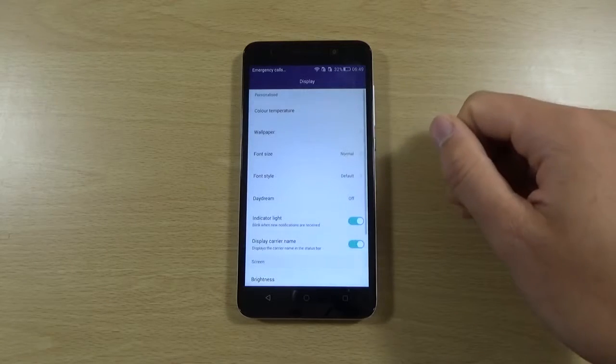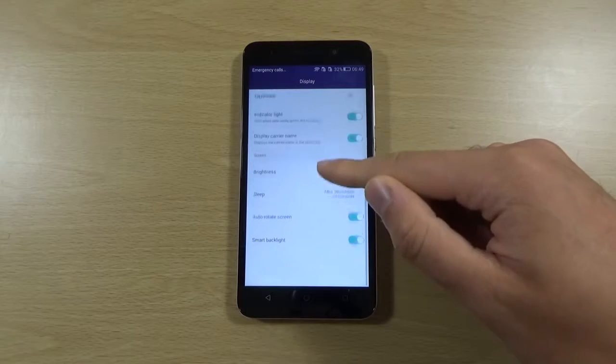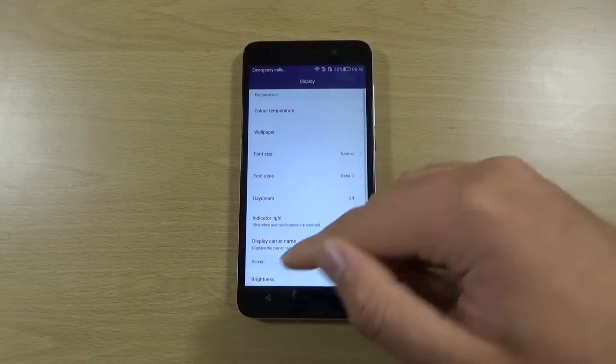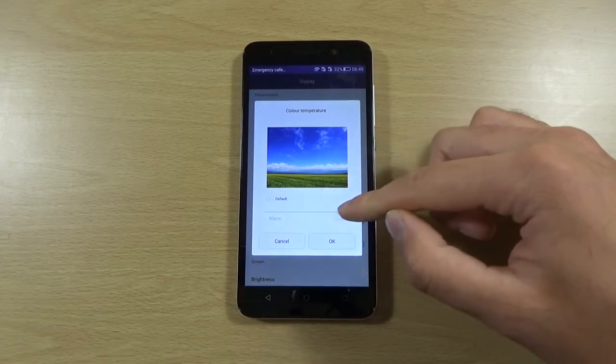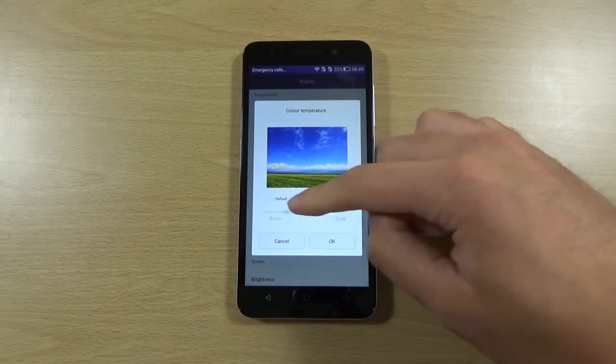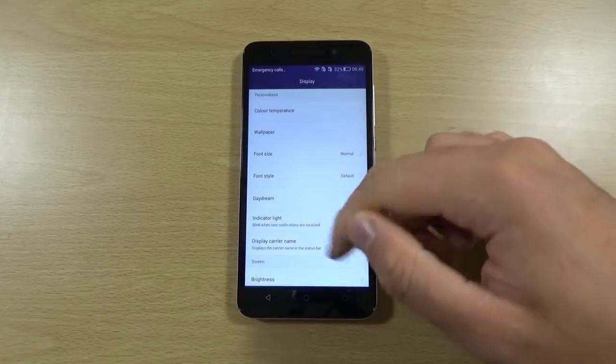We do have some settings in the display as well, such as font size, font style, etc. So quite a bit of customization here. You can even customize the screen a bit. I would have liked to have seen like vibrancy settings, such as on the Zenfone, but I don't think